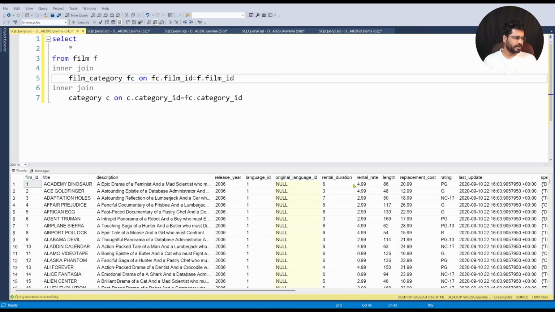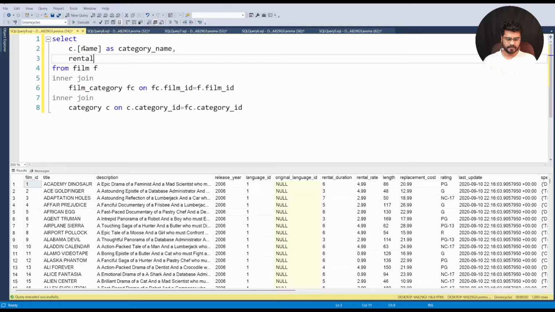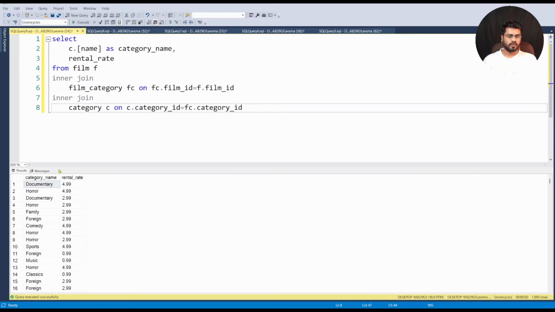So now we need the rental rate and we need the category name. So we'll use the category name and give it an alias, and we want the rental rate. Let us first execute and see the result. So if you see, we have the category name, and for each category we have the rental rate, but this rental rate is not the average rental rate, because this is the rental rate for each film belonging to that category. So we need to apply the aggregate function average